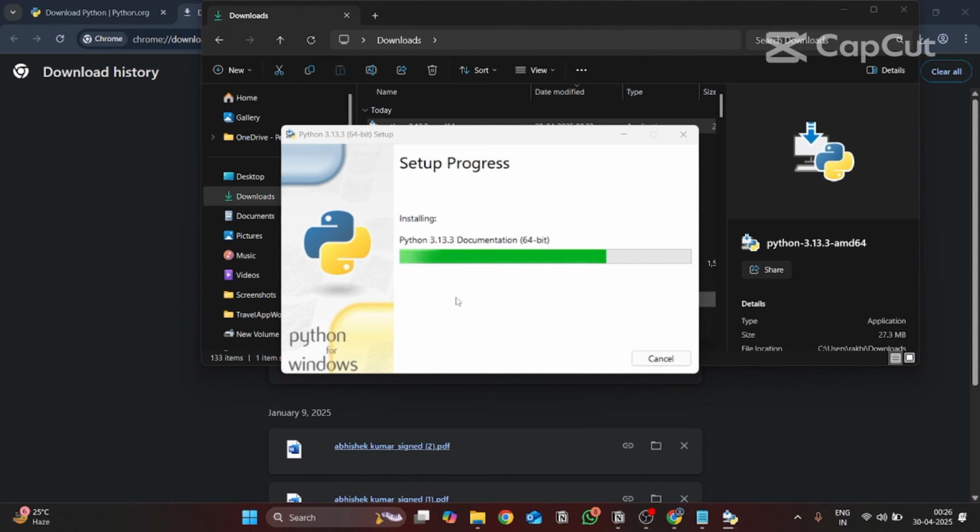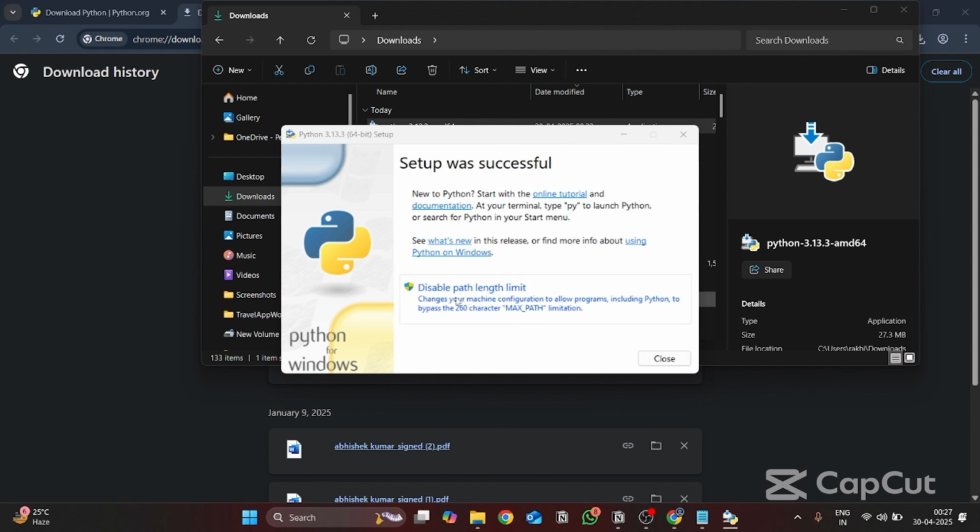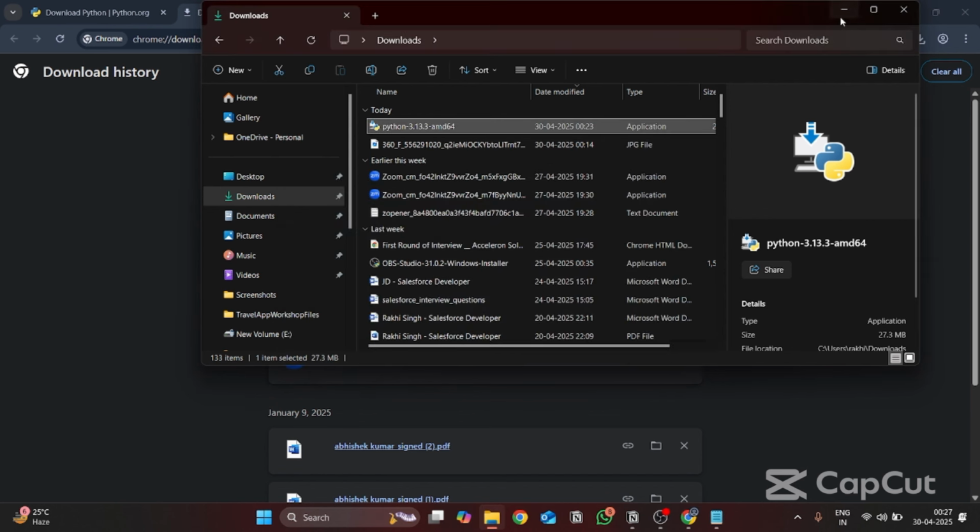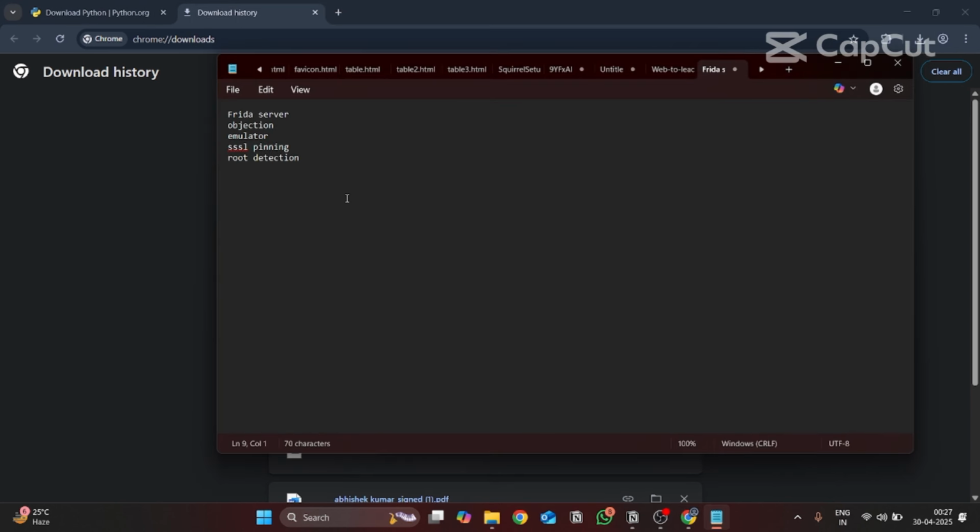It is almost done. Maybe a few more seconds. Setup was successful. That means Python has been installed. As we installed Python, the first step is done. Python installed. Next,